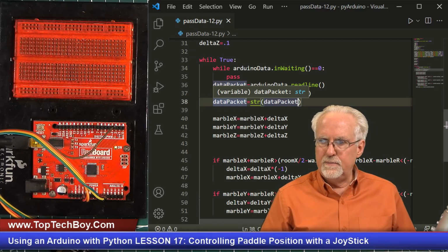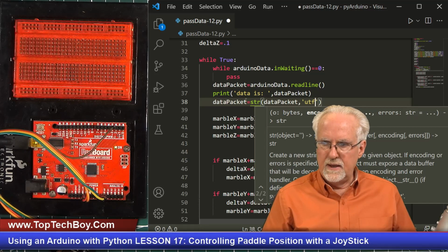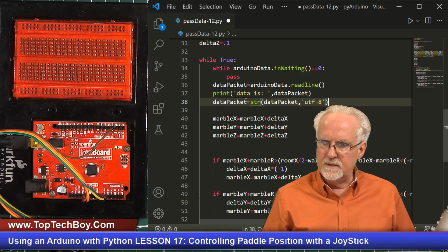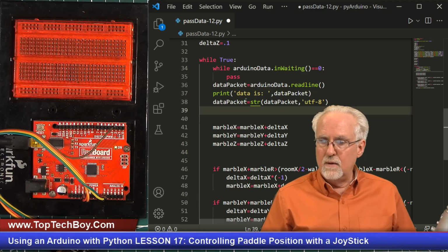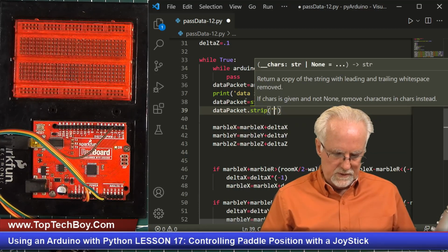We've got to take the data packet and we have to encode it in order to be able to work with it. So it's going to be a UTF-8 like that. There's several ways to do this. I think you can also do a dot encode, but we're going to do it this way. So now we've turned it into a real string. We've turned the data packet into a real string, and now we've got to strip that \r\n and that other stuff off. So I'm going to say data packet dot strip, and then what I'm going to strip is the